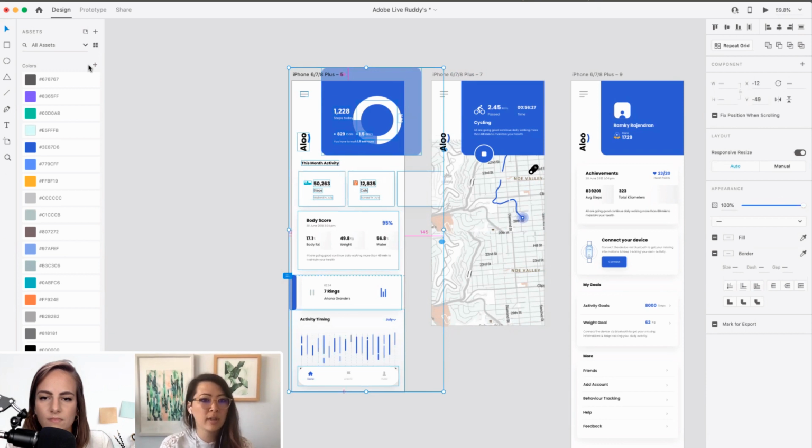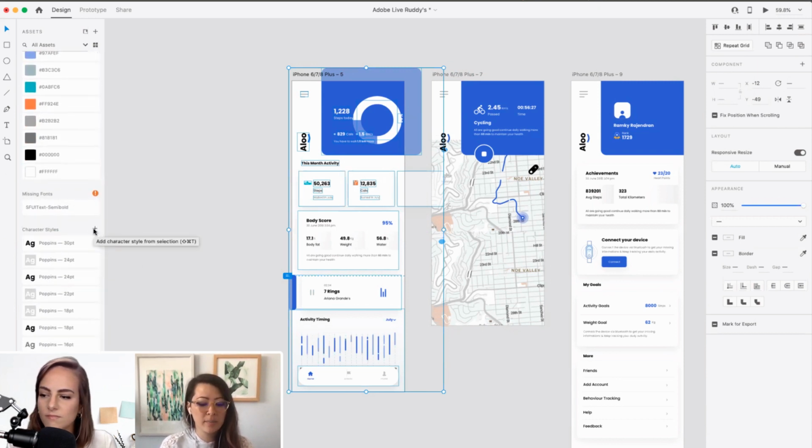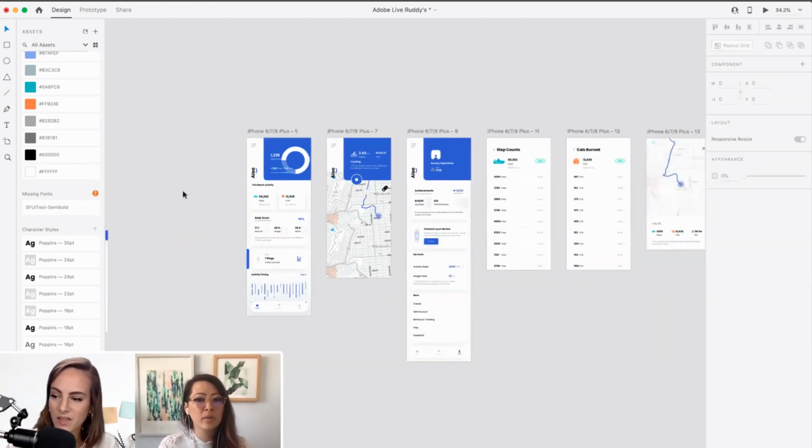Let me zoom in. It's going to pull in all the colors. And if I do the same thing with the character styles over here, I click that little plus button, and all those character styles are now populated. Super fast, super quick. Love that.